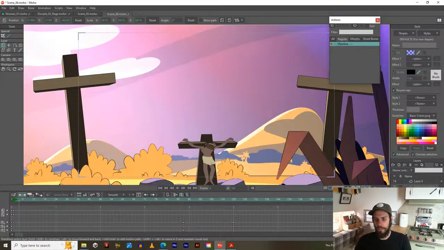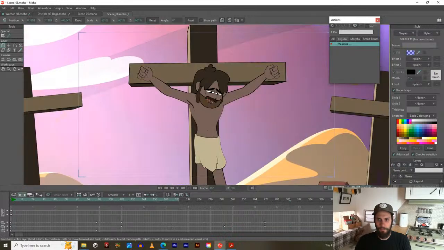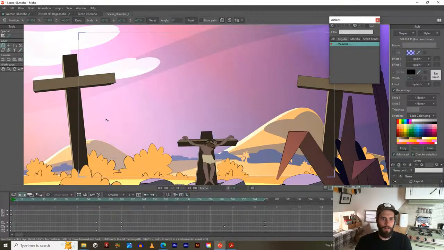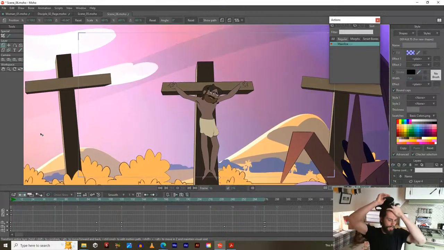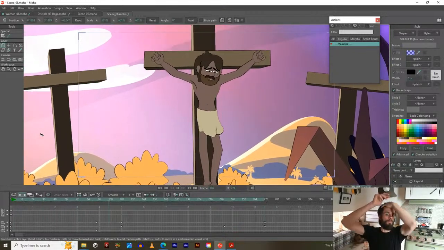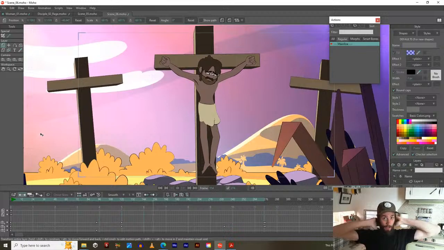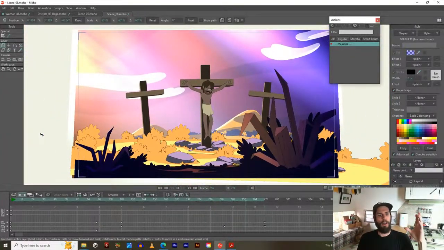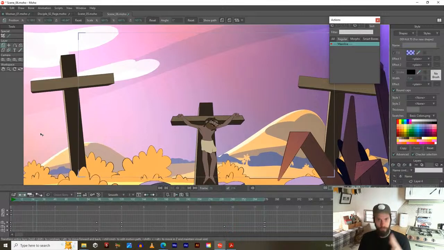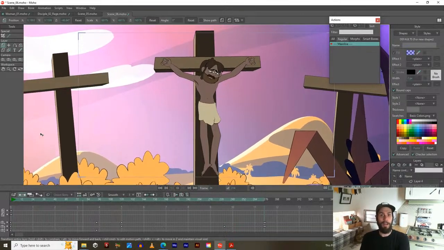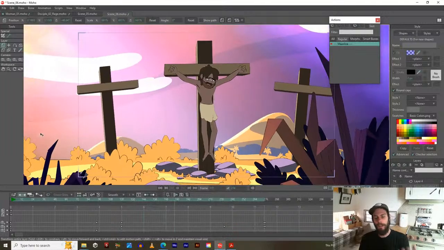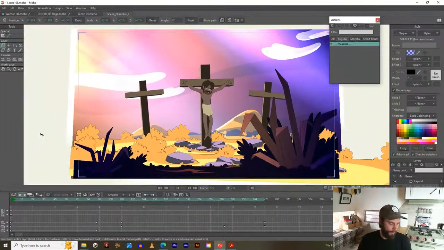What's kind of cool is the physics. You know how I have all those dynamics applied to the bones? As he comes down, a lot of that is almost animated on its own. Like I didn't have to do some of it. I did a little bit of the head bobble, but